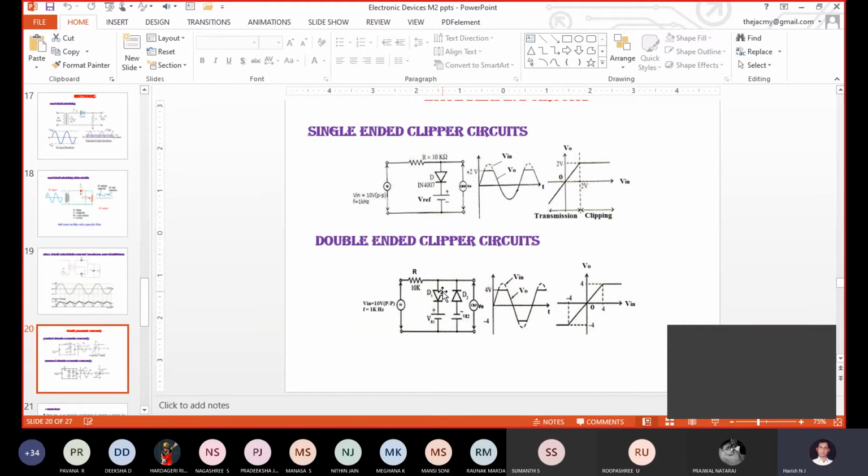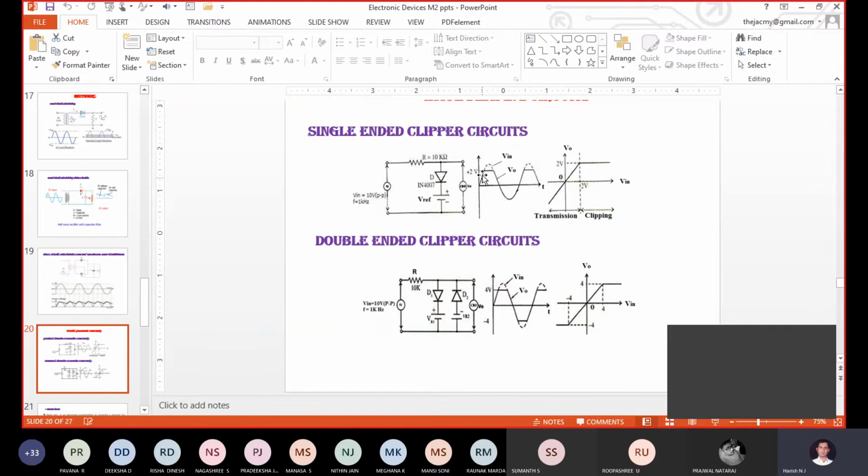Along with the diode, which element are we using for designing the circuit diagram? Resistor. Resistor, okay, it is a current limiting element. Reference voltage. Reference voltage, just check it out here. For the output waveform at 2 volt, I want the output up to 2 volt. Above the 2 volt, I want to remove it.